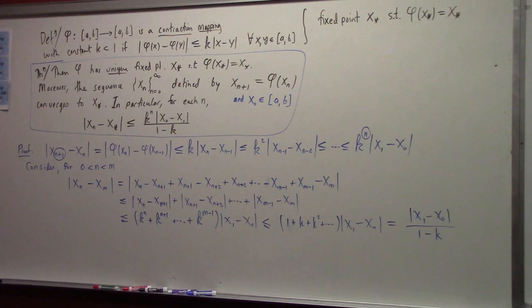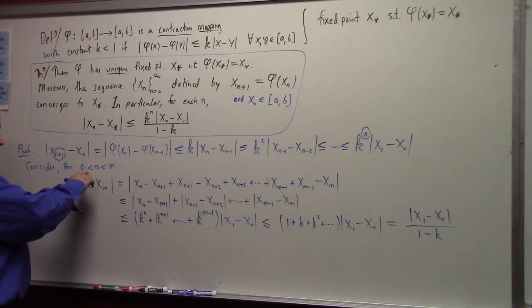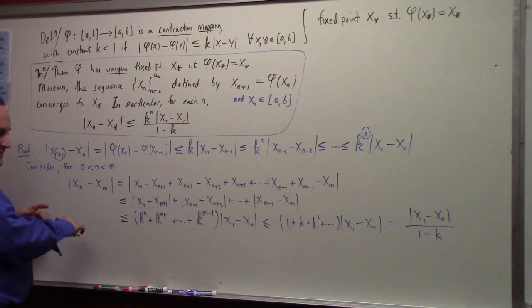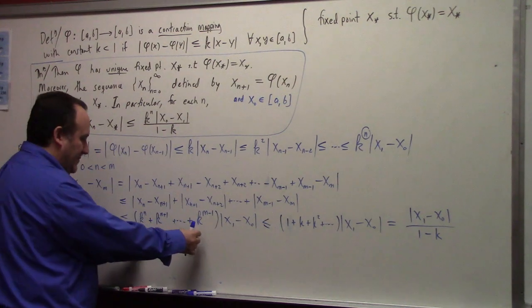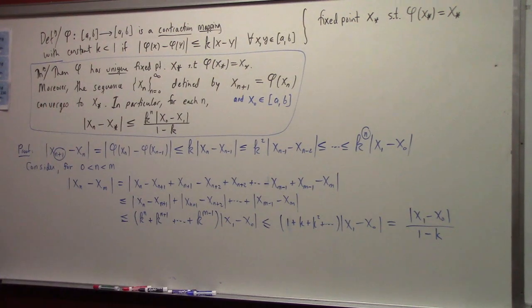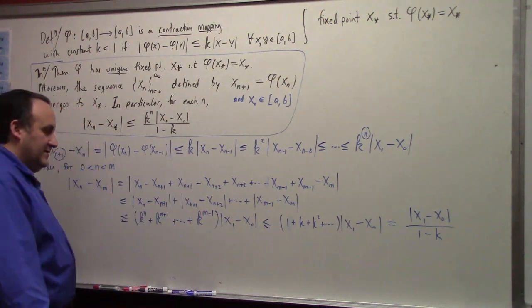It doesn't depend on n at all. But if you look at, let's say, as n goes to infinity, this can be made as small as you like, because k is a number less than 1, so you can control this to be as small as you like,